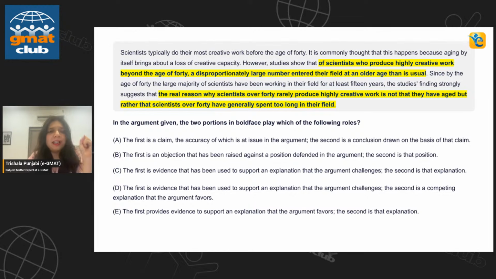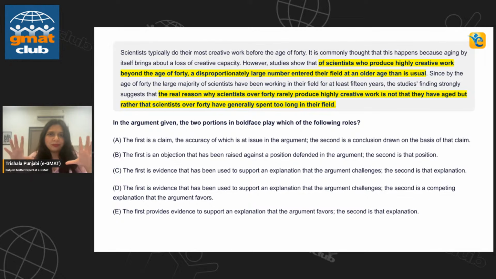So since by the age of 40, the large majority of scientists have been working on the field for at least 15 years. The study's findings strongly suggest that the real reason why scientists over 40 rarely produce highly creative work is not that they've aged, but rather they've generally spent too long in their field. So this is a very long sentence. Let us break down what is happening here. Right. What is happening is that,